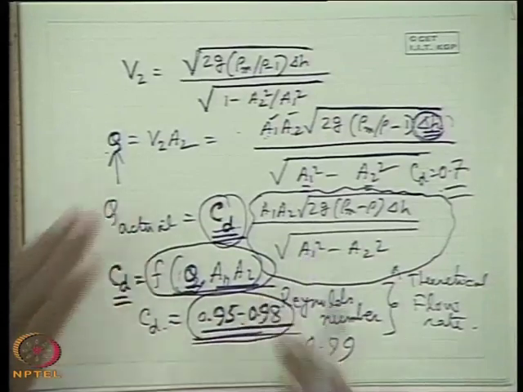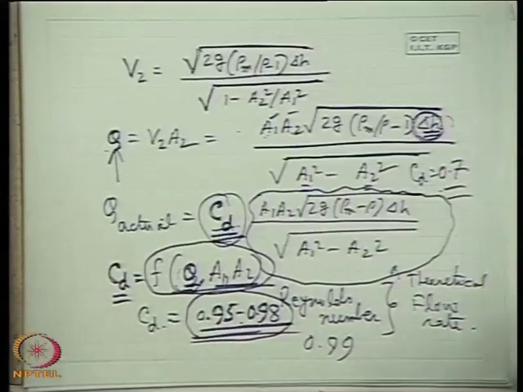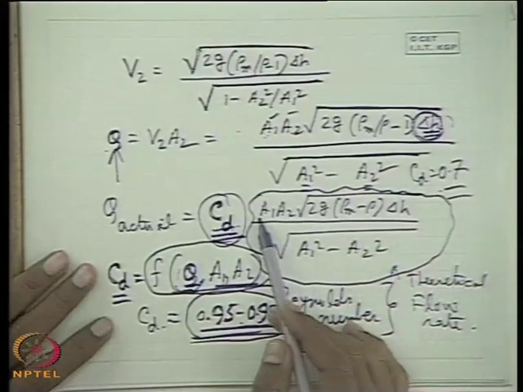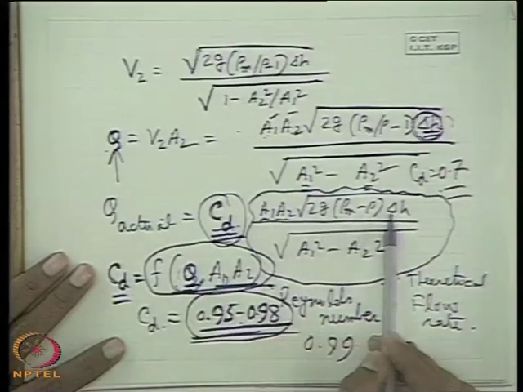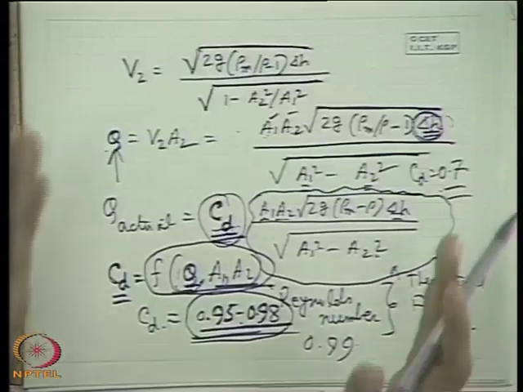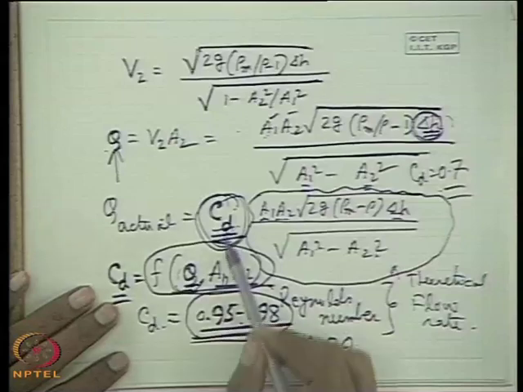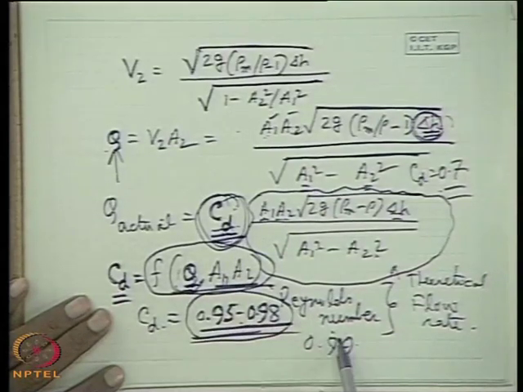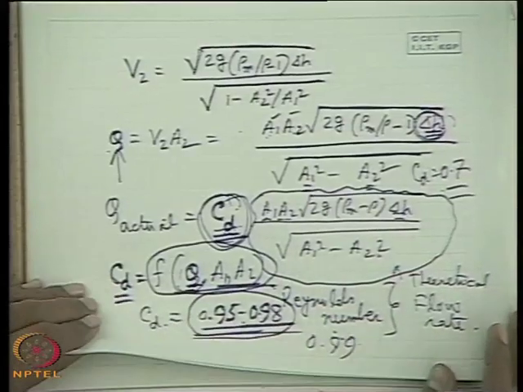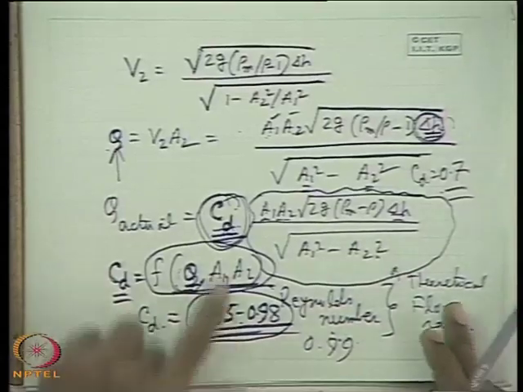That means you find the flow rate by any other measuring device which is more accurate than the venturimeter, which is usually a direct collection of flow. In case of a hydraulic circuit, you measure the flow rate and you find out the value of CD with known values of A1, A2 and delta H. And you find out that in a range of flow rate, where you measure your flow rate, what is the value of CD. And then you establish a relationship between CD and flow rate, which is usually done for CD and Reynolds number. This relationship to establish is known as calibration of venturi meter, which is very important. That means to find out the exact or accurate value of CD, to use the venturi meter to find the flow rate from this equation.